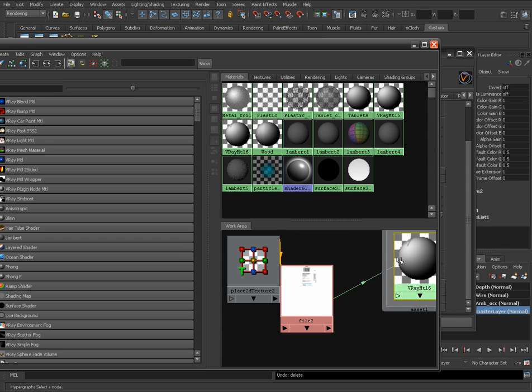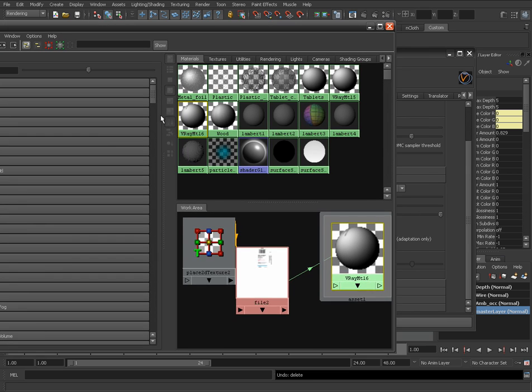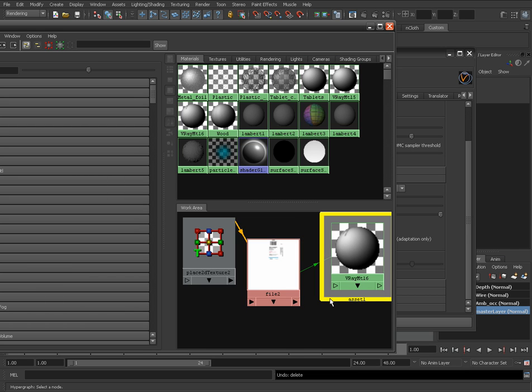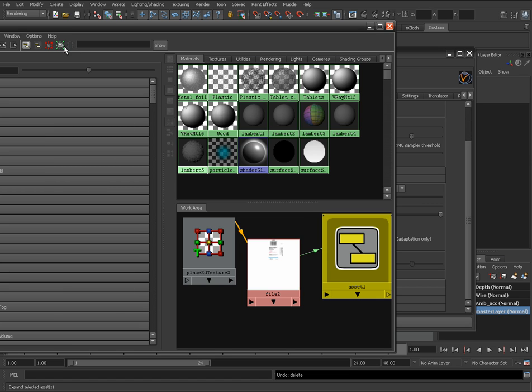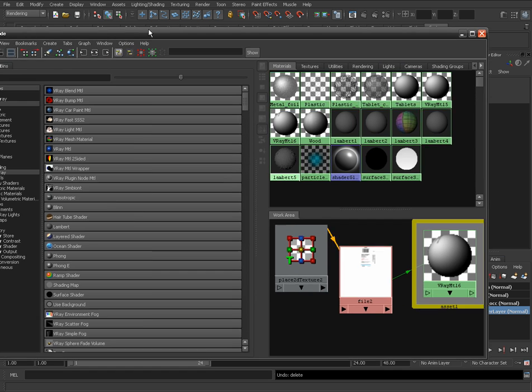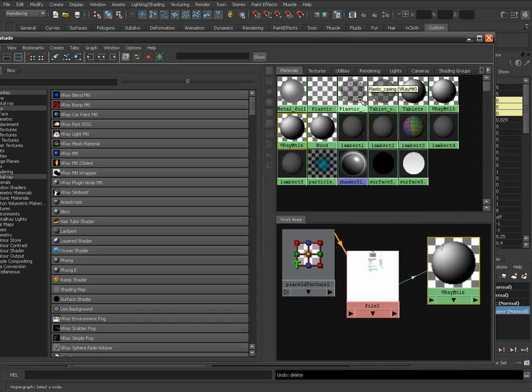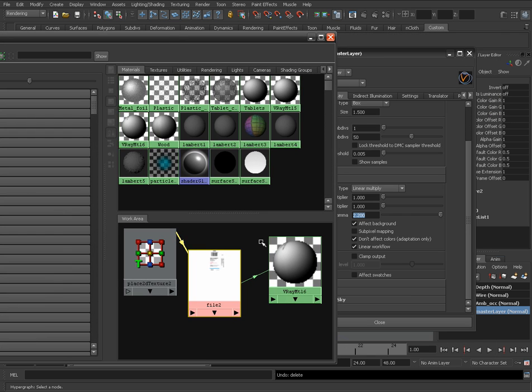Here's a texture here, and if I were to look at its attributes,